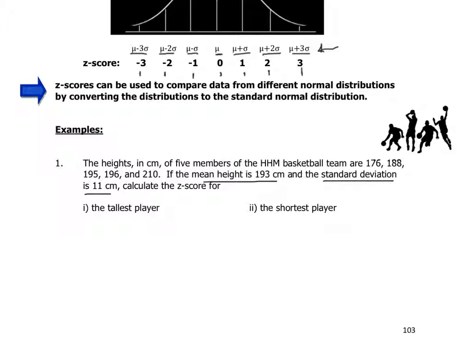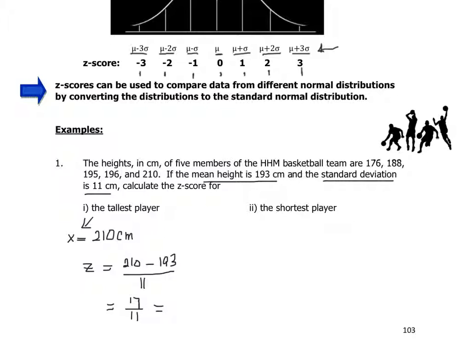So the tallest player would mean that your data value is 210 centimeters. So your z-score for 210, according to the formula, is the data value, which in this case is 210, minus the mean, which is 193, divided by the standard deviation, which is 11. So when you calculate that, 210 subtract 193, divide it by 11, that gives you 17 over 11,